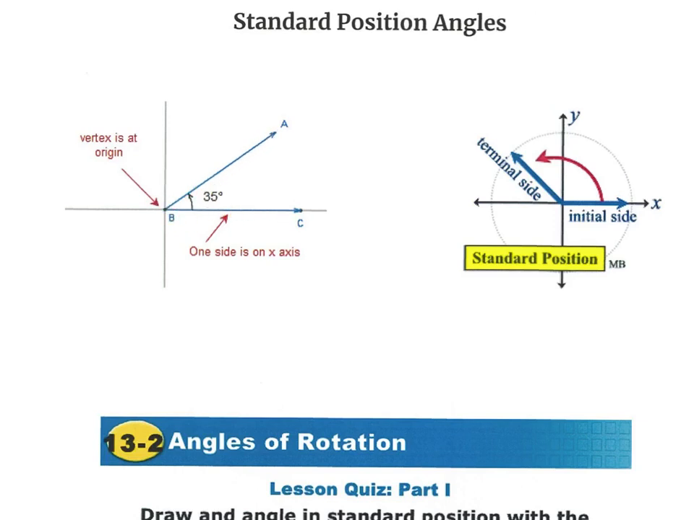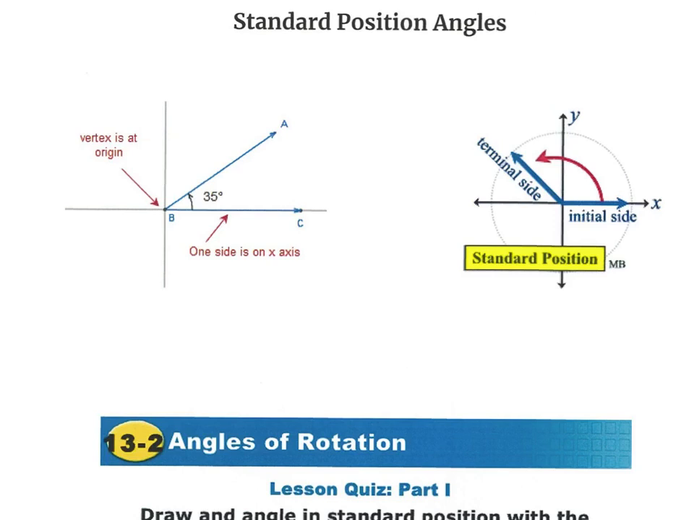When we position them on the coordinate plane, on the x-axis, y-axis, that initial ray of the angle is always the positive end of the x-axis when we're talking about a standard angle. And then the other ray, which is called the terminal ray, is spinning around either counterclockwise for positive angles or